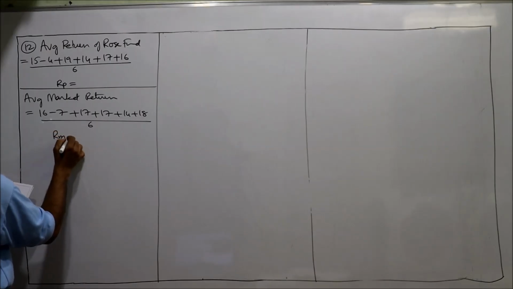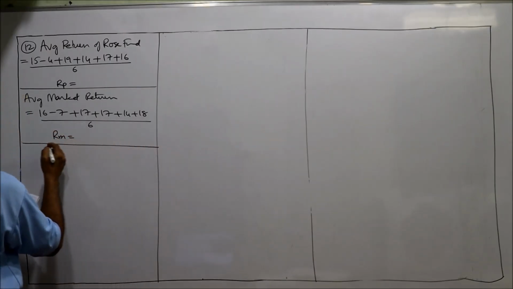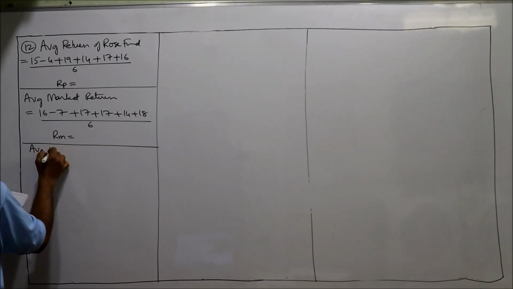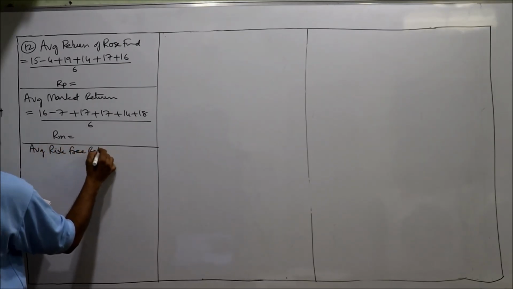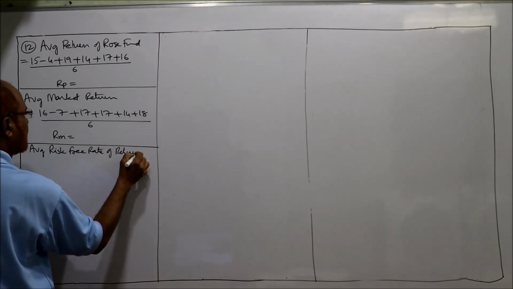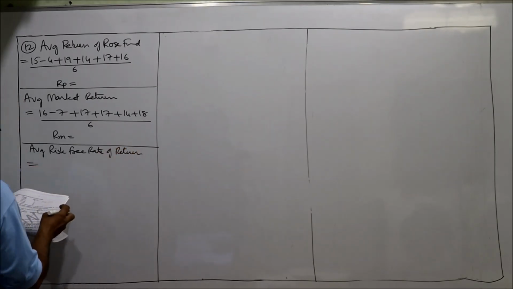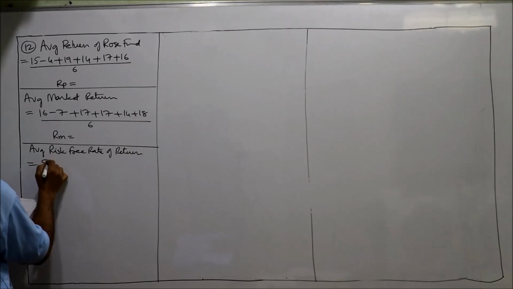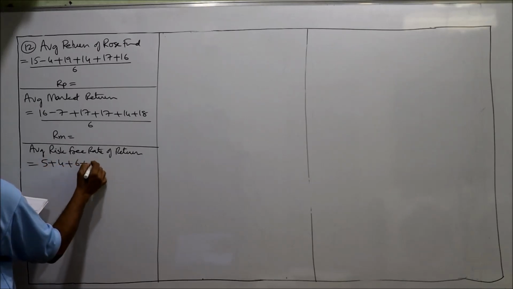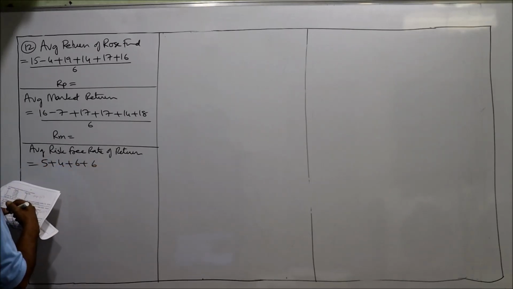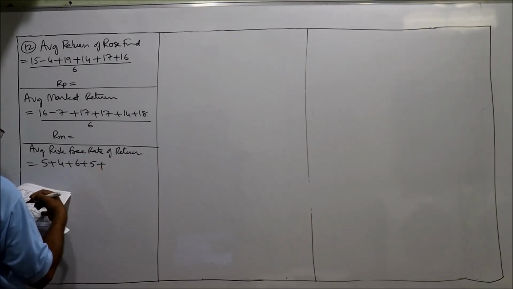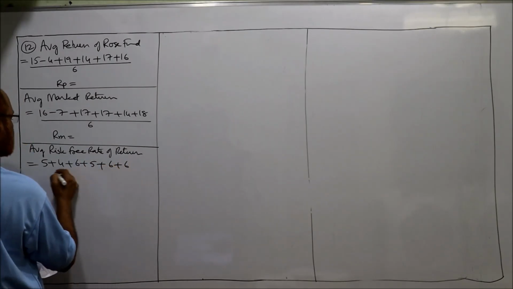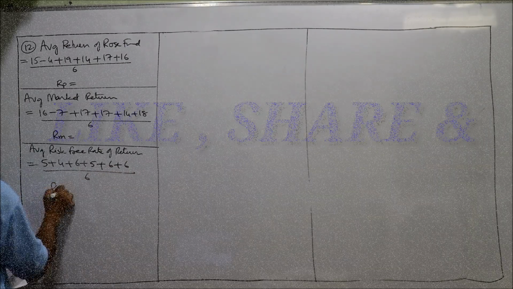Then RM is equal to, then average risk-free rate. Average risk-free rate of return, 5 plus 4 plus 6 plus 6, 6 plus 5 plus 6 plus 6, divided by 6. So RM